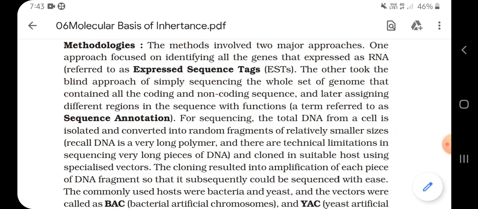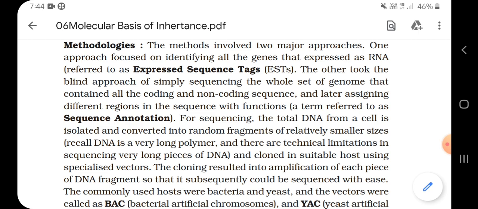And the second approach was sequence annotation, that means simply sequencing the whole genome that contained all the coding as well as the non-coding sequences, which were later assigned in the different regions with their specific functions, right? So ESTs were really important because they actually contain the genes which were finally transcribed to proteins and they were